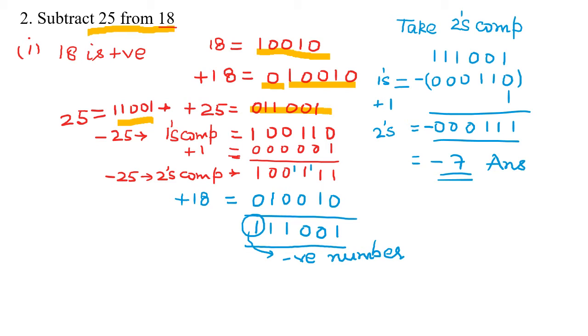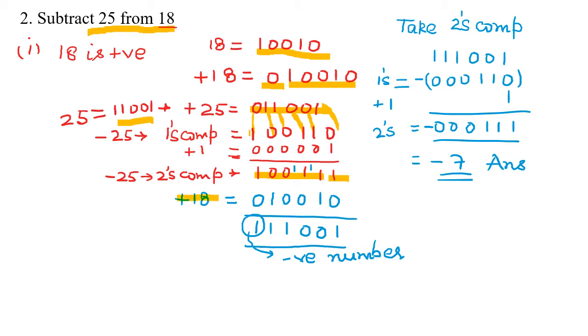0111001. माइनस 25 का 1's कॉम्प्लीमेंट विल बी, हर एक बिट का कॉम्प्लीमेंट लेना है, 1 को 0 से और 0 को 1 से, दैट इज 1 को 0, 0 को 1, 0 को अगेन 1, 1 को 0, 1 को 0 एंड 0 को 1 से. टू फाइंड इट्स 2's complement, add 1 to this and it gives 0 plus 1 is 1. ऑल द रिमेनिंग बिट में हम 0 जोड़ रहे हैं तो रिजल्ट विल बी सेम, दैट इज 1000111. So final 2's complement of minus 25 is 1000111.